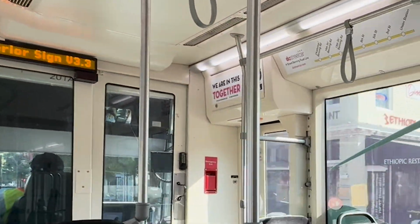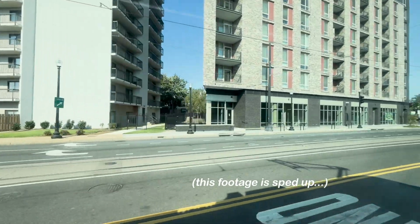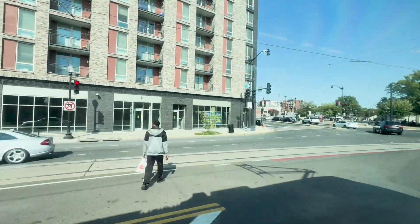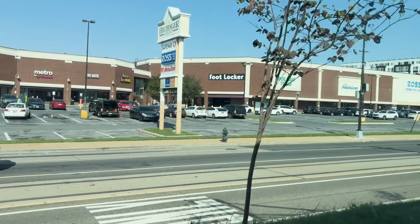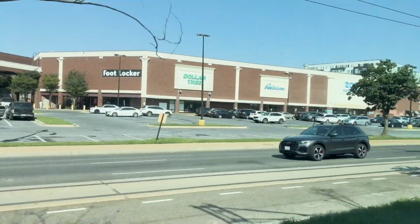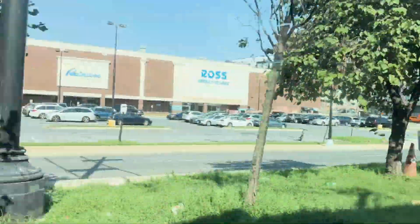Nonetheless, we push eastward, reaching the intersection of H Street, Maryland Avenue, Florida Avenue, and Bladensburg Road Northeast. It's here where the H Street streetcar line switches from those problematic outside tracks to center running tracks, which we'll stay on for the rest of our journey. And so we push eastward, at a slightly faster rate I might add, along these center-running tracks, reaching the Benning